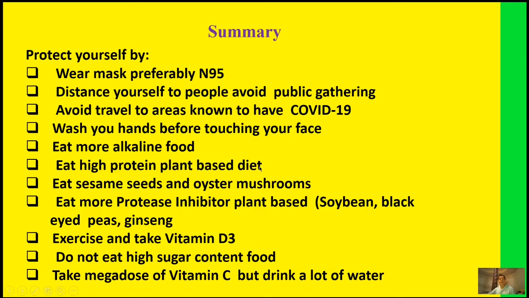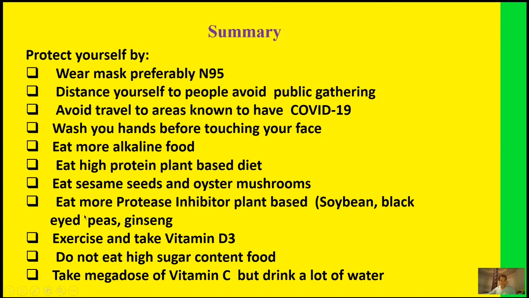Eat a high protein plant-based diet. This is to reduce the ACE2 receptors activity, and eat also sesame seeds and oyster mushroom. These are ACE inhibitory foods. ACE inhibitory food is known to bind the ACE receptor, so therefore the virus cannot enter. There is now a study that the high blood pressure medicine, ACE inhibitory blood pressure medicine, can bind to the ACE receptor, and therefore block the receptor site of the virus